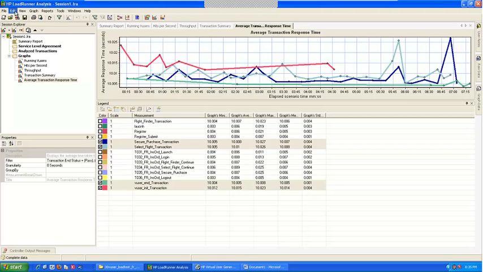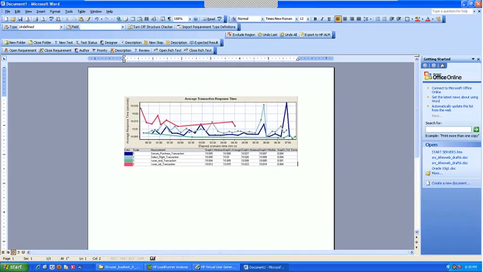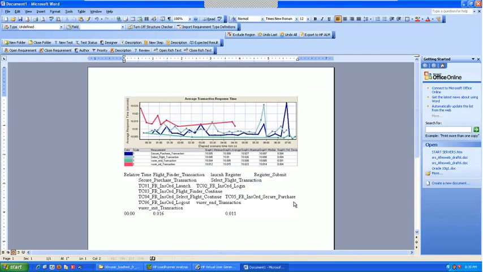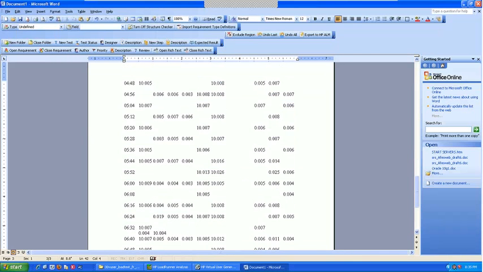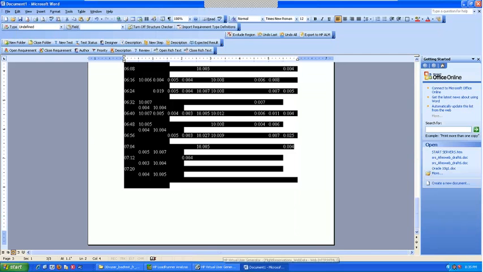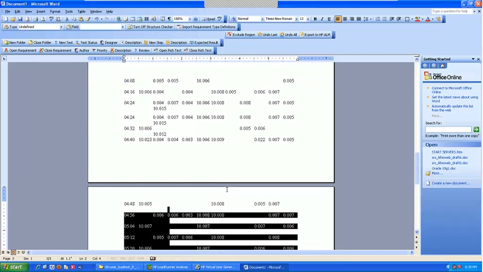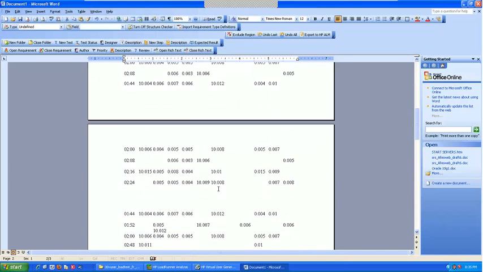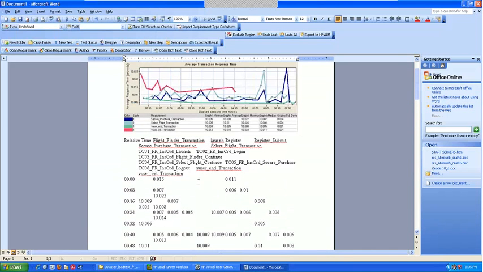Go to edit, copy to clipboard, and graph. If you say edit, copy to clipboard, and graph data, and paste it here, only the data on the lower table will come. You see, the graph data has come. We usually don't do this graph data. All we want is this one. So we take the screenshot and put it in our application.